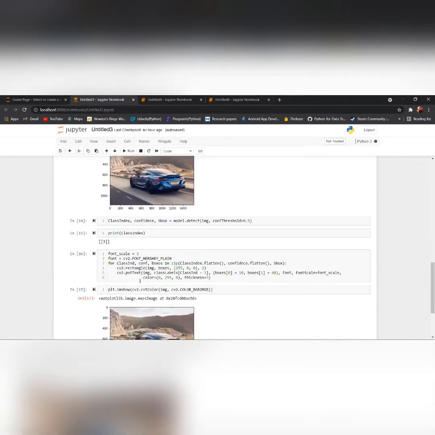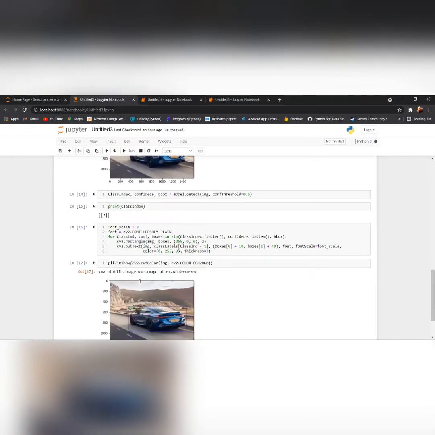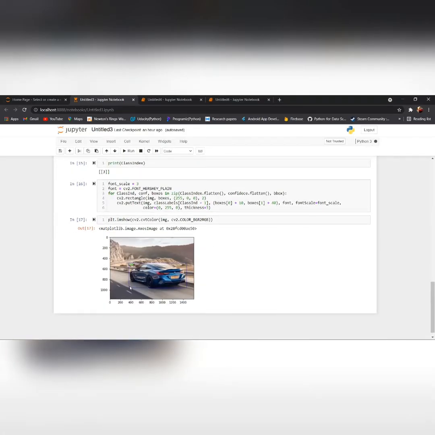Now coming to the output screen for detection, I have used the following command. Now you can see the image appears like this. The car is highlighted with a rectangular box around it and the word car written on the top left side. This shows that the program has detected this object as a car in this image. Now this was detecting a single object in this image.